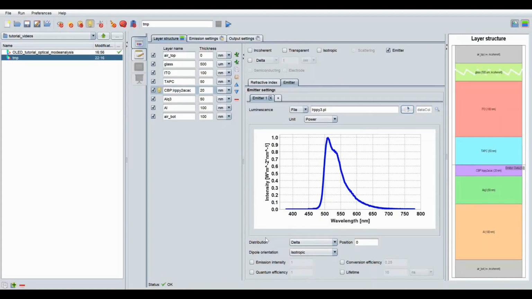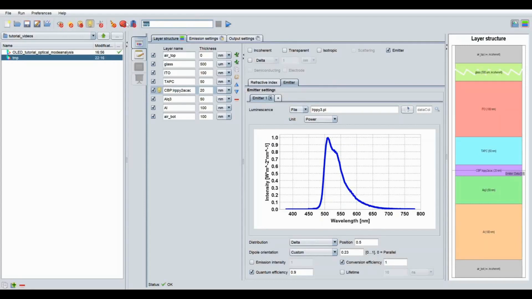And then we have to specify the distribution of the emitting dipoles. We use here a delta distribution in the center of the emitter layer. At the custom dipole orientation, the conversion efficiency is set to 1, so a phosphorescent device, and the quantum efficiency 0.9.